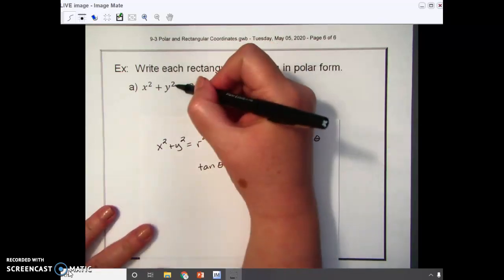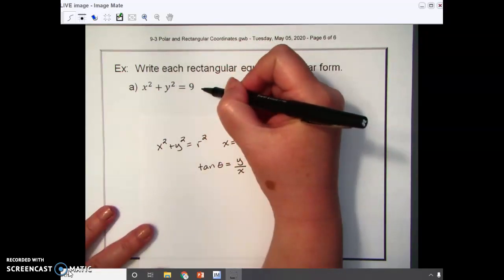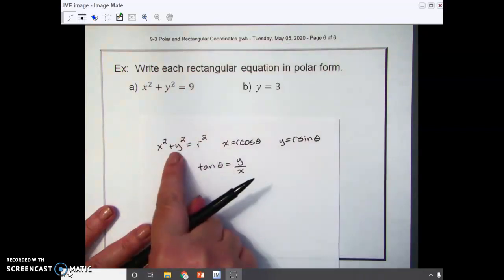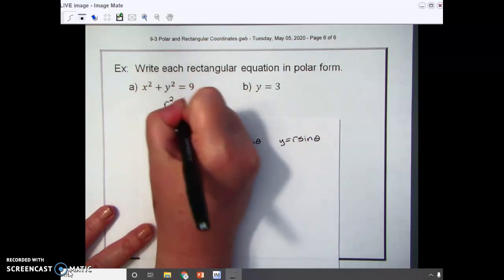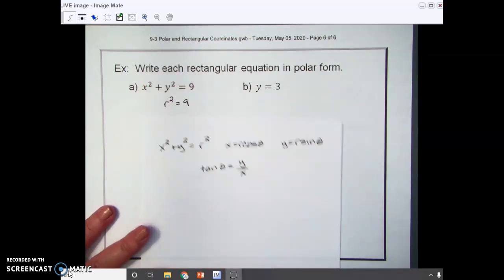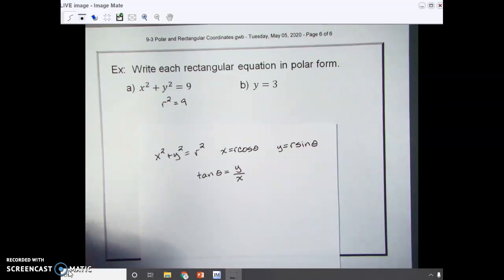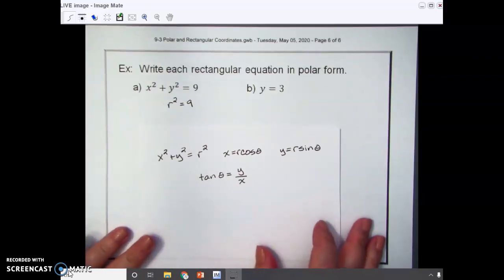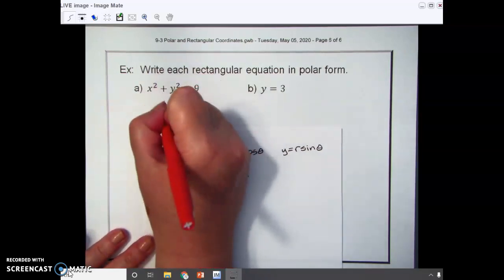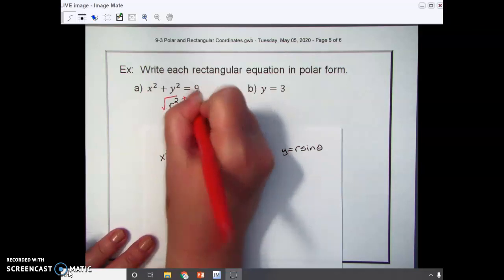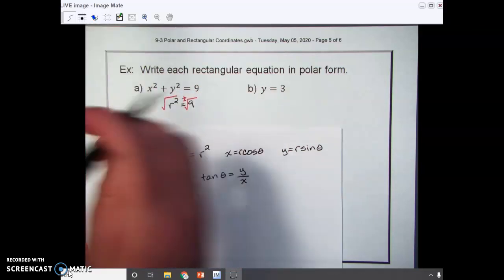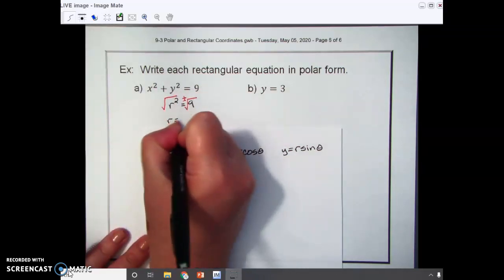So in question A, I've got x squared plus y squared is equal to 9. And I notice that x squared plus y squared is r squared, so I can go ahead and substitute r squared for that side. Now, this is gorgeous, but remember from section 9-1, anytime we're talking about a circle in polar form, we just say r equals. We don't have to say r squared. So if I take the square root of both sides, we can say that r is equal to plus or